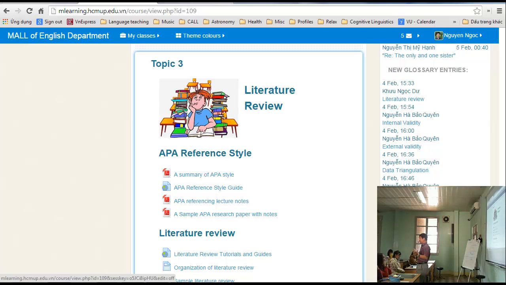APA is one of those. It was created by the American Psychology Association. APA, American Psychology Association. Not very long ago, several decades ago. But now it has become very popular. So when you do APA,